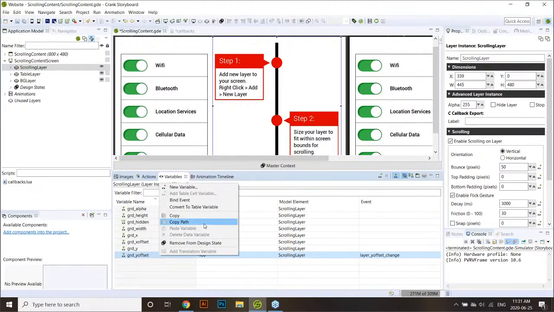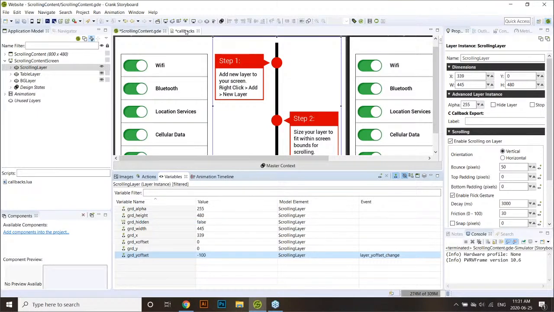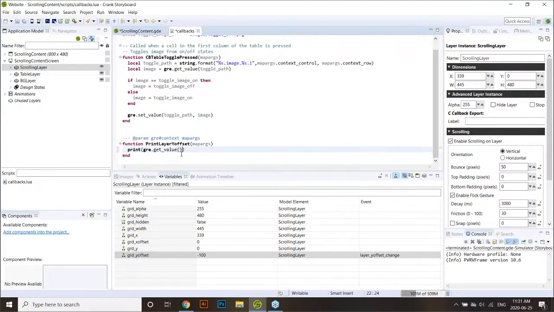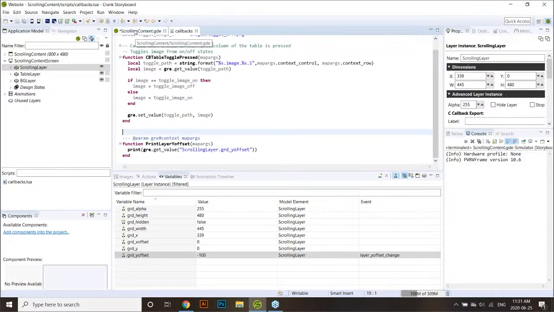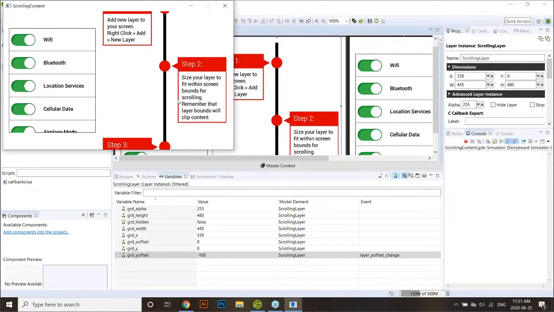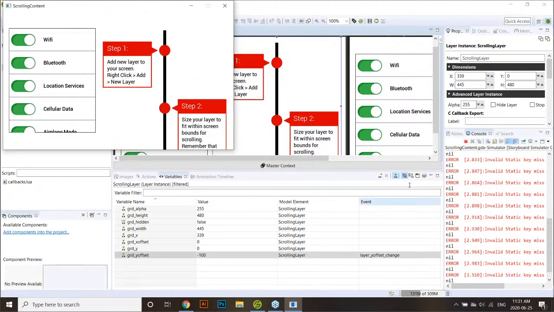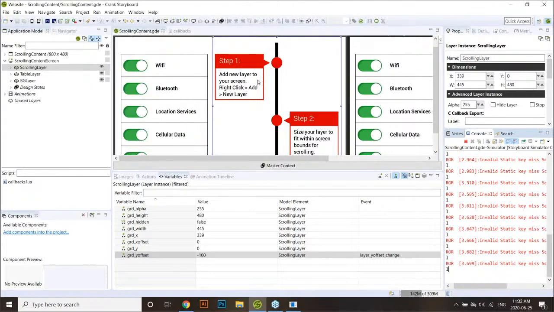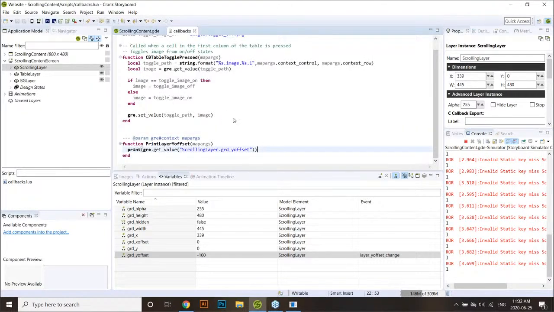I'm going to right click on that, copy path. And now when I go into Lua, I can paste that in there. And now when I run my project and scroll on the layer, oops, I have some errors here. That's what we need. So another note, good to show you, when you are accessing the Y offset of a layer, it's important to put the screen